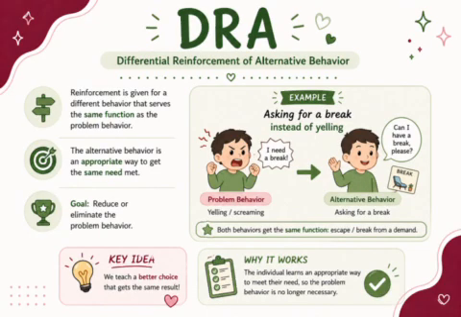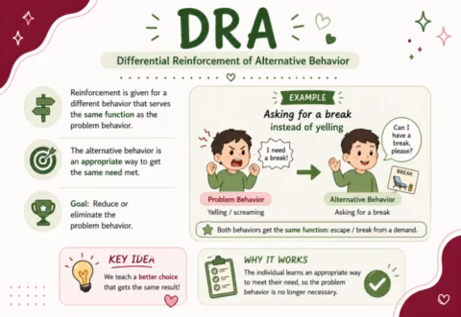So you're going to reinforce the appropriate behavior that's going to give them the same results. So the need is going to be the same, but the behavior is going to change from the problem behavior to an appropriate behavior. And again, like DRO and DRI, DRA is going to